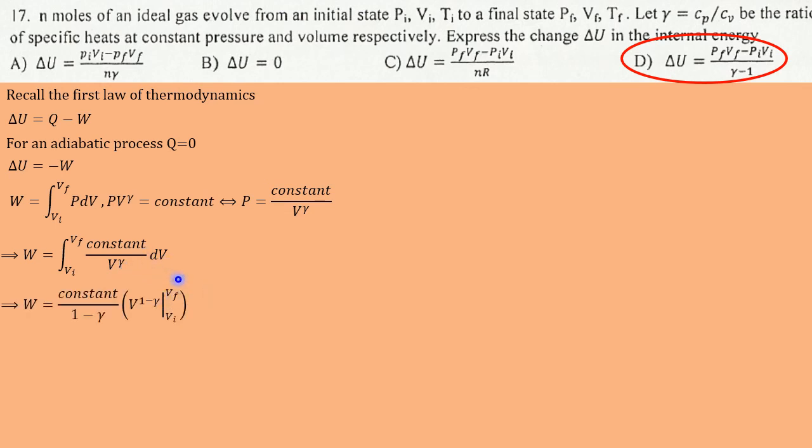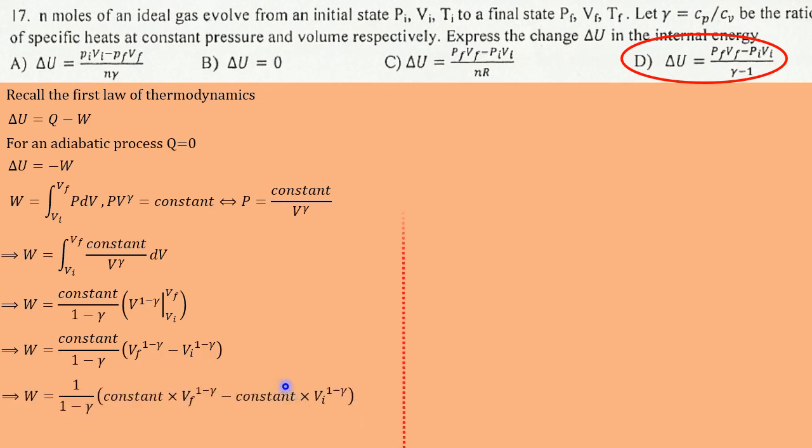Now when we do this integration, we arrive at this. At this point we substitute the limits, so we have W equals constant over 1 minus gamma into Vf raised to the 1 minus gamma minus Vi raised to the 1 minus gamma. Now we'll expand the brackets, we'll distribute this